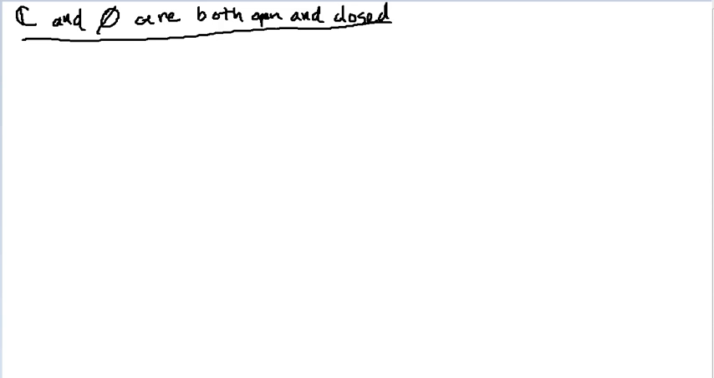I'm here to explain why the complex plane and the empty set are both open and closed. Each of them are. So let's talk about open first. I encourage you to look at the definitions. I'll verbally say them, not write them down. C is open